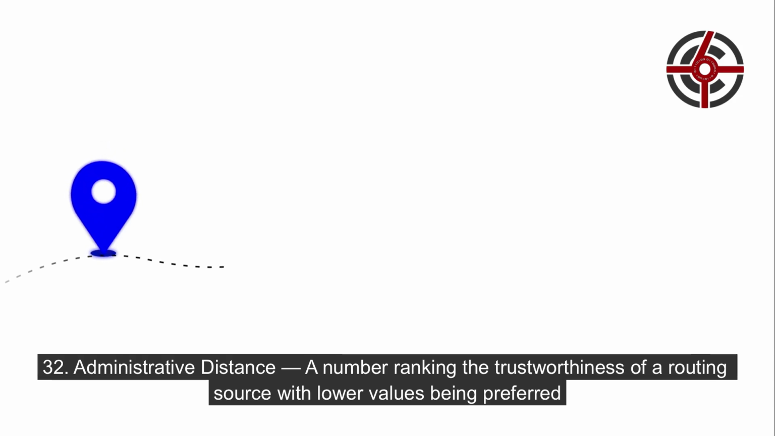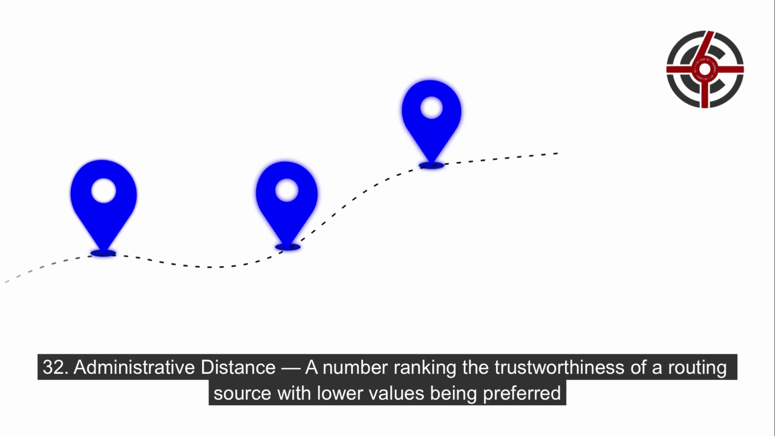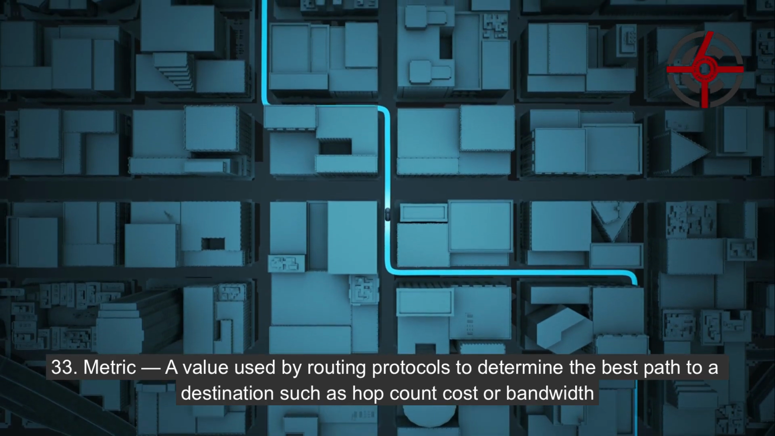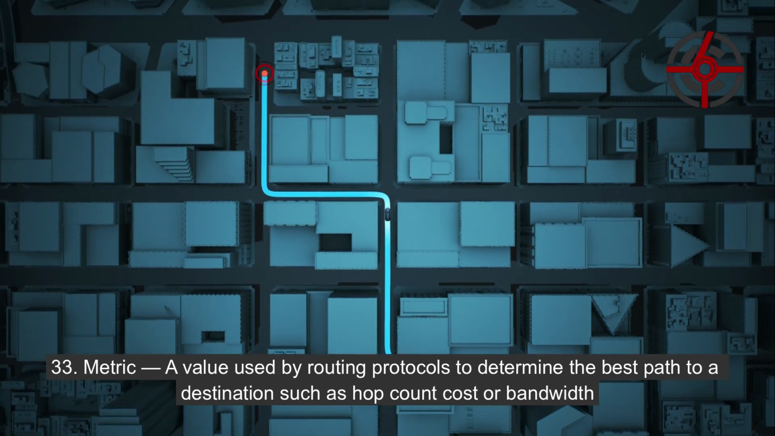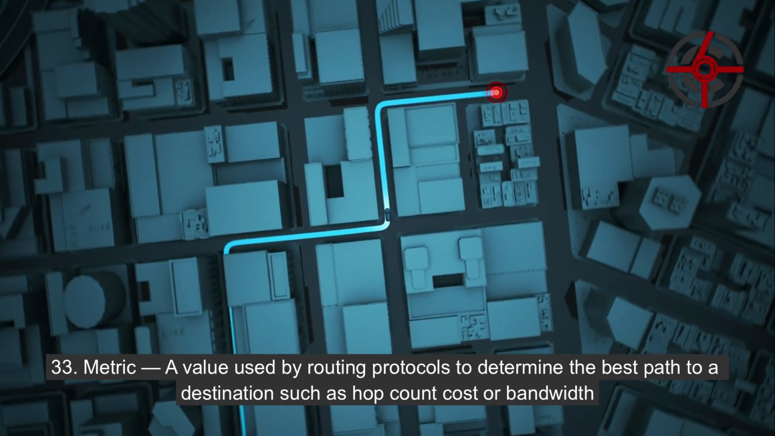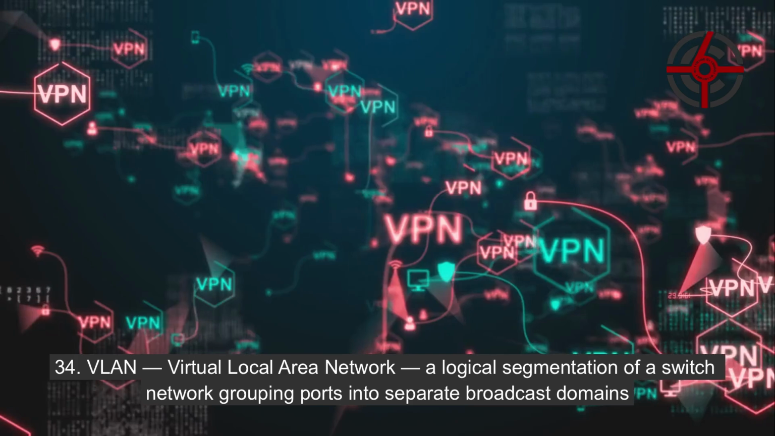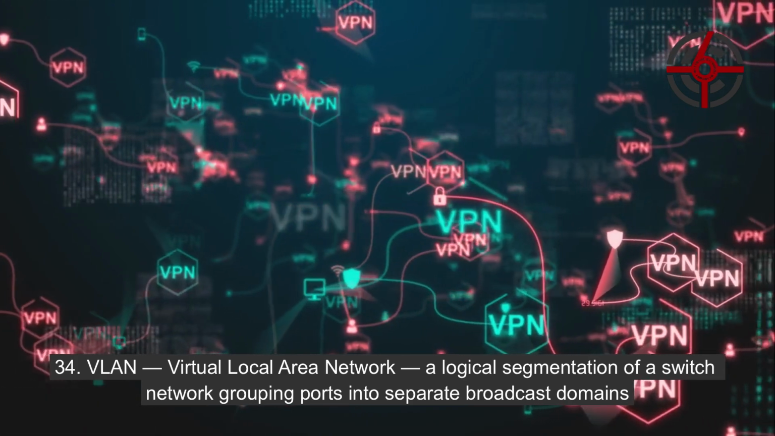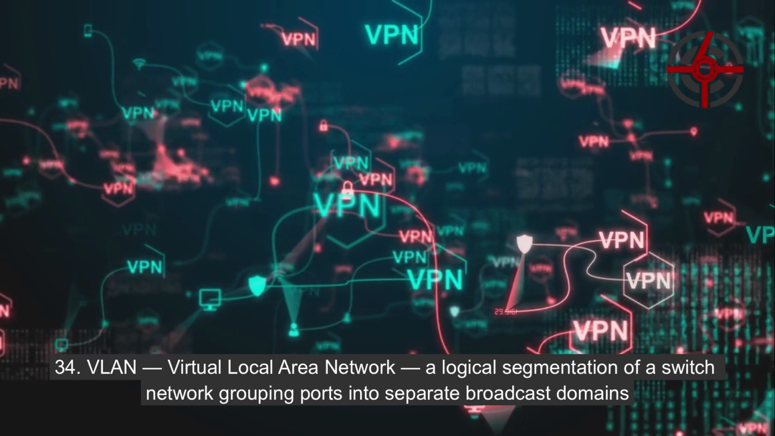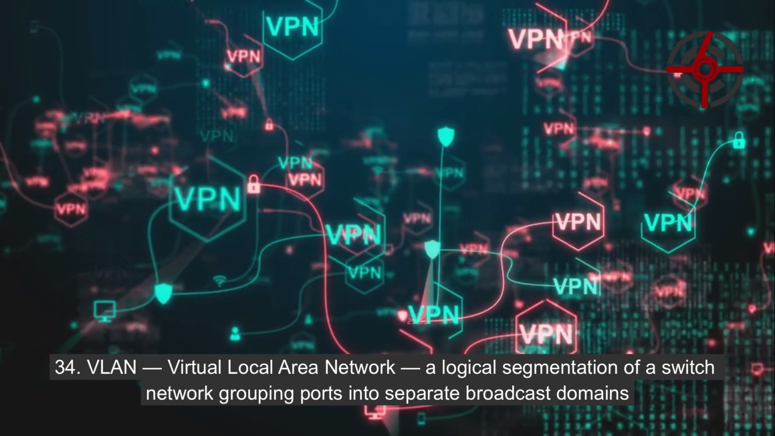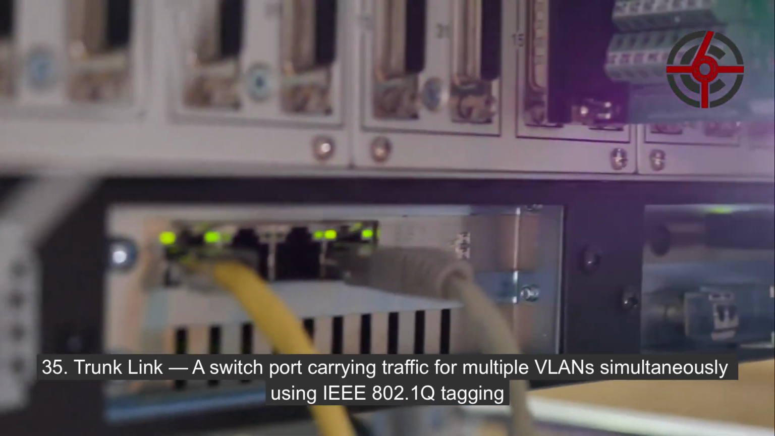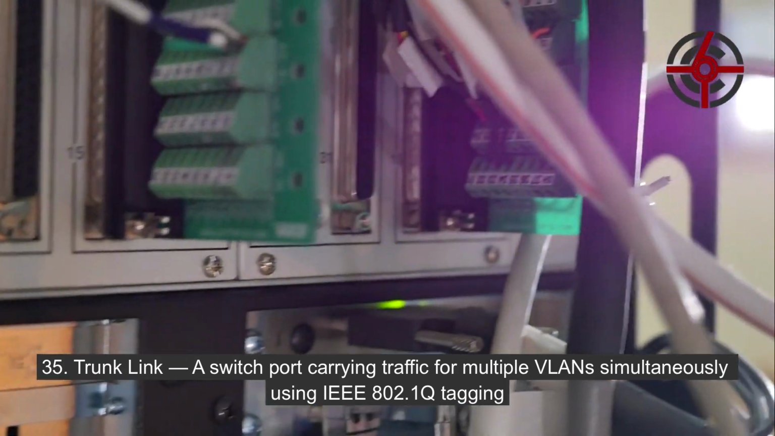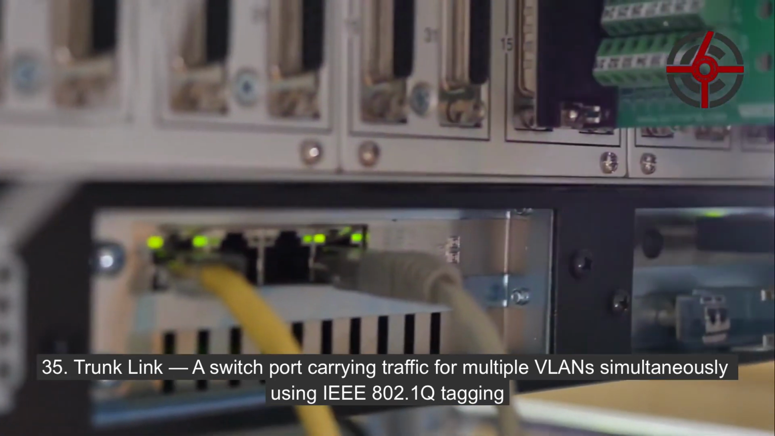32. Administrative distance. A number ranking the trustworthiness of a routing source with lower values being preferred. 33. Metric. A value used by routing protocols to determine the best path to a destination such as hop count, cost or bandwidth. 34. VLAN. Virtual Local Area Network. A logical segmentation of a switch network grouping ports into separate broadcast domains. 35. Trunk link. A switch port carrying traffic for multiple VLANs simultaneously using